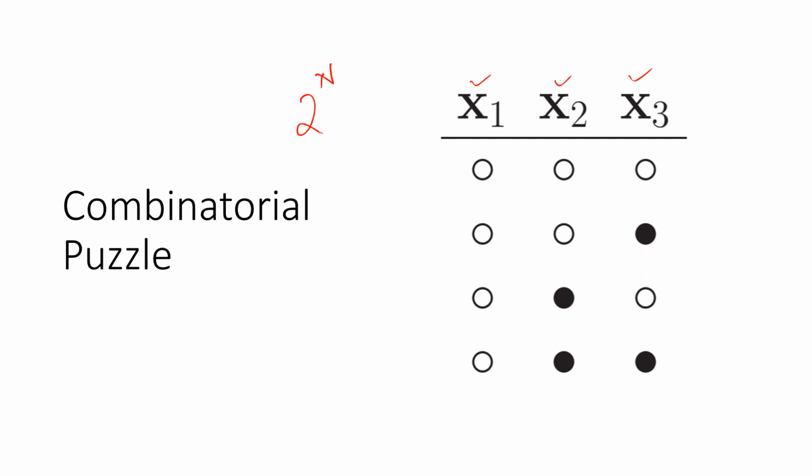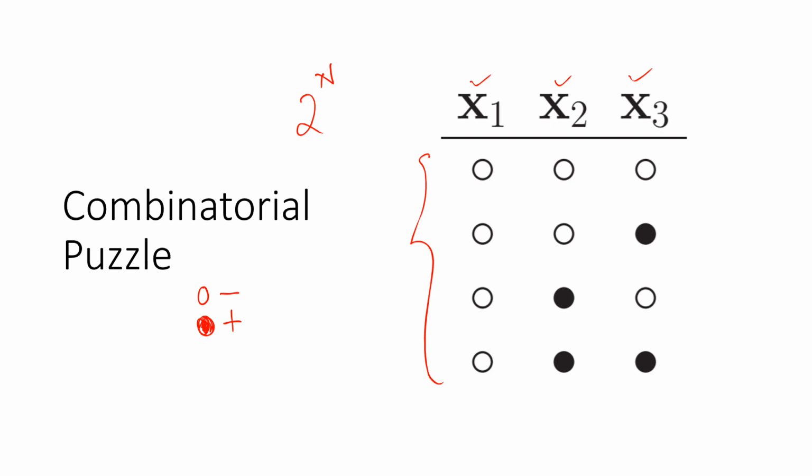To make things easier, an empty circle means negative, and a filled black circle means a positive value. Here we are looking at 4 cases, and what we are interested in finding is